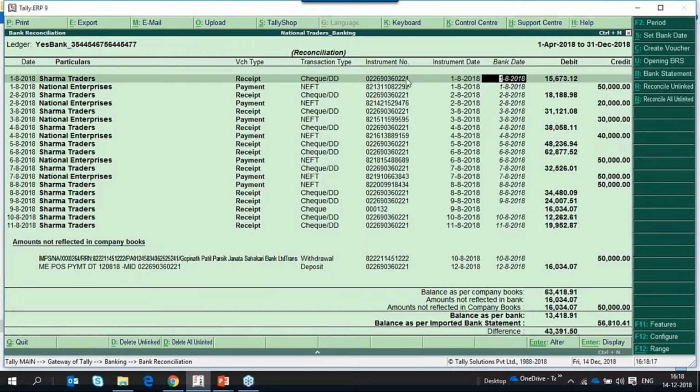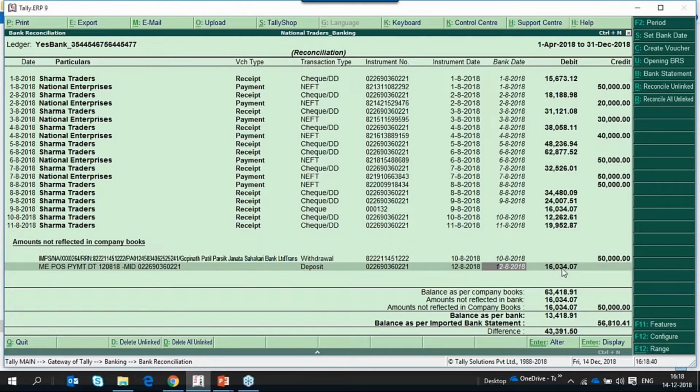If we have recorded a transaction in Tally for 15,673.12 with this instrument number, and if the instrument number is different in our statement, then the bank date will not get captured against this transaction. So that's what happened here. We have a transaction for 16,034.07.